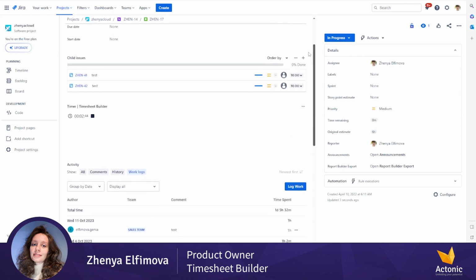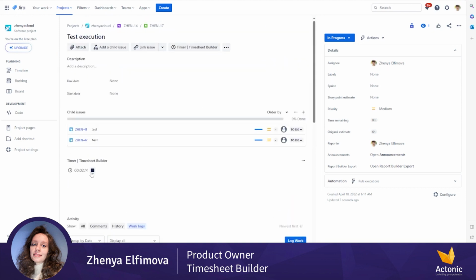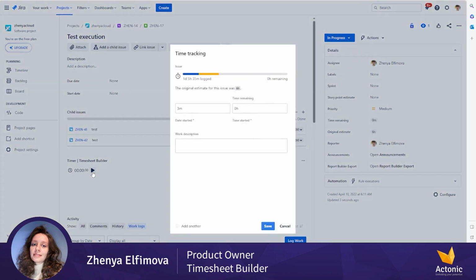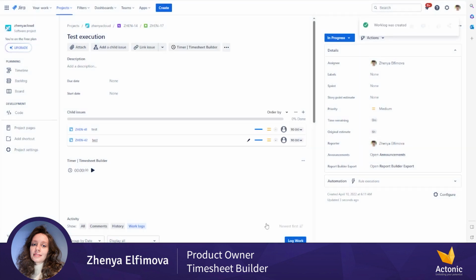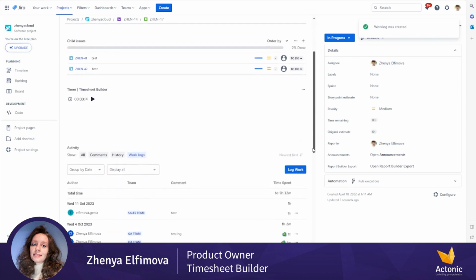Let's come back to the timer. We can stop this timer anytime. And in this case, we will see that our calculated time is pre-selected in the spent time field. I can also type a comment and click on save. And my worklog will be created and I'll see